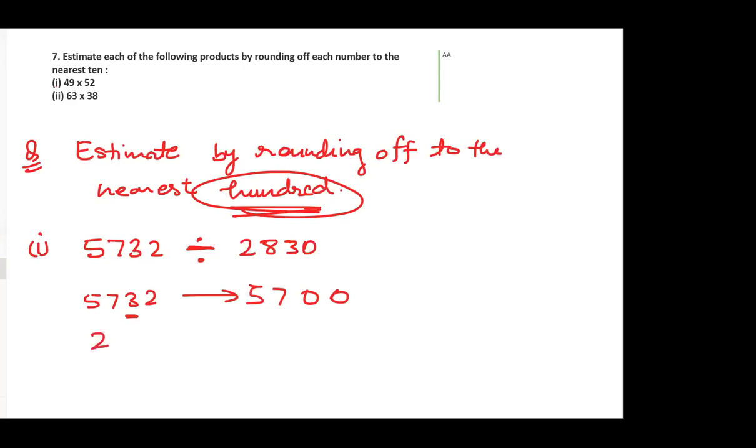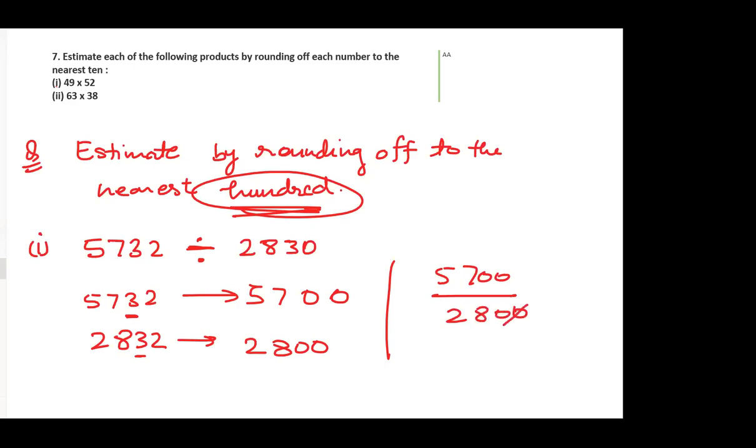And 2832, so make this 0, 3 becomes 0, and 8 and 2 as it is. Now you are going to divide. Okay. So 5700 divided by 2800. So 00 cancel each other. So 57 upon 28. Now you can say this is your answer, or you can